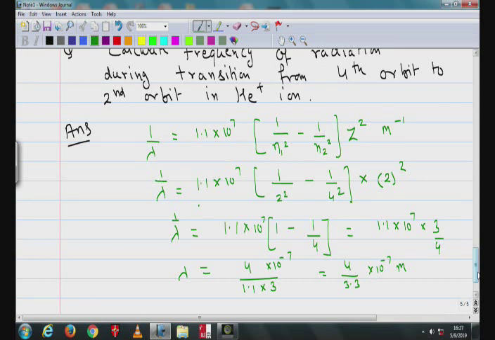First of all, copy it quickly. Done? After solving, you will get